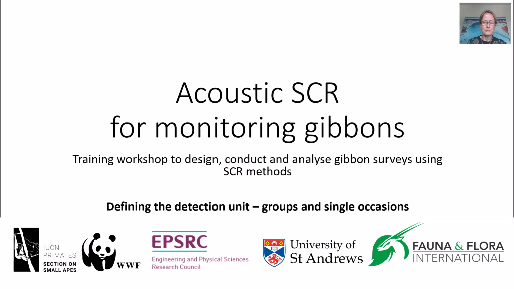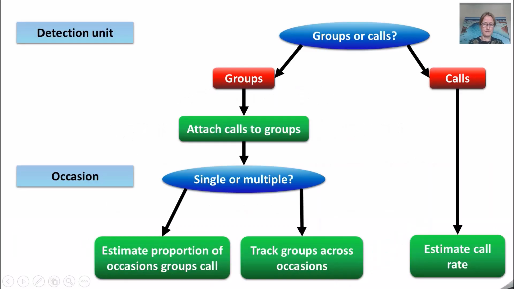This is part of the lecture series defining the detection unit. Here we'll talk about groups and single locations. This brings us to this corner of the decision tree for defining the detection unit. We've already decided that we want to use groups at a single location as the detection unit, and we've already